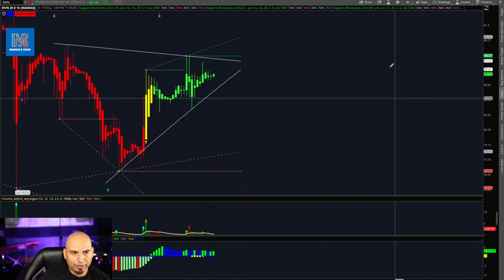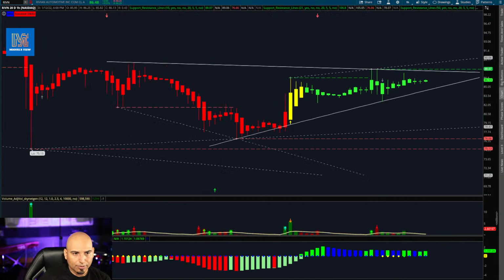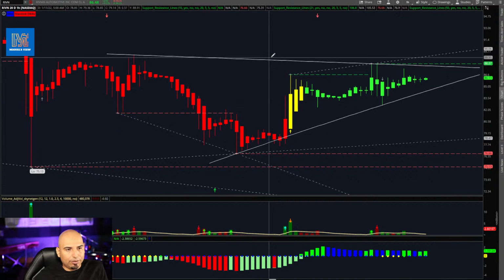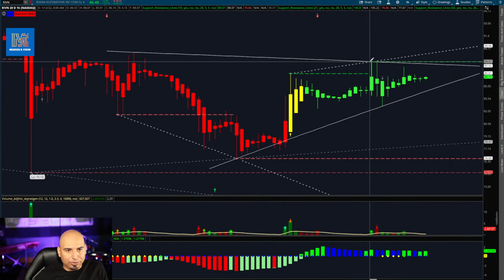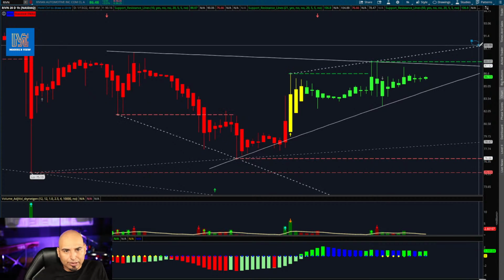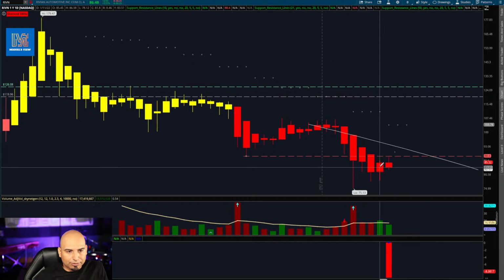Rivian, another one that moved today. Oh, building this nice, put that on my watch list. Look at this 1 hour, same thing like we had with Tesla. Break of 88, we're looking for 92 points. If we go to the daily and you want to swing this,